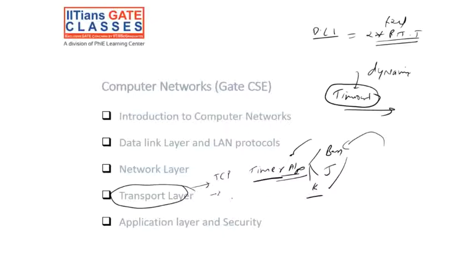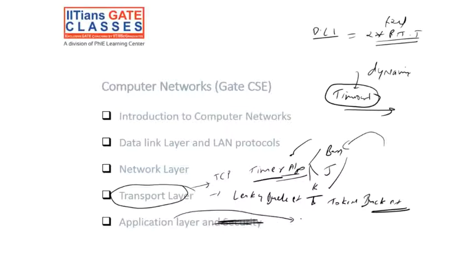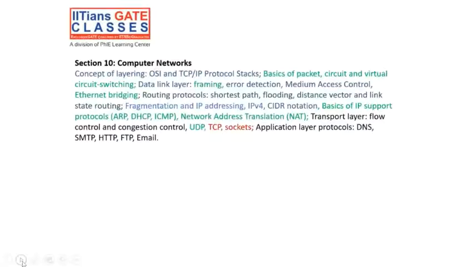Then there is congestion control technique in traffic shaping: leaky bucket and token bucket. These two techniques we will discuss, and that's the end of the transport layer. Security is not there in the syllabus this time. And in the application layer, we will discuss DNS today, and the remaining protocols later. So here congestion control is still going on, and DNS, these two we will discuss. The remaining next lecture.